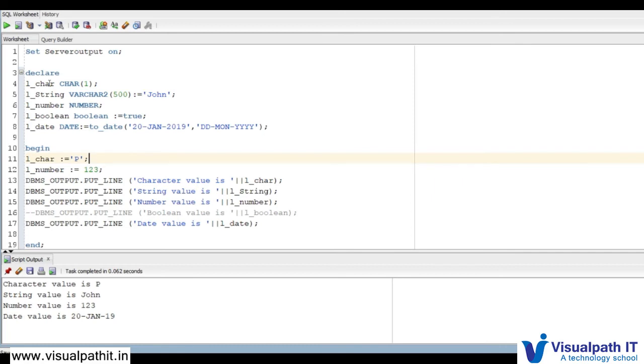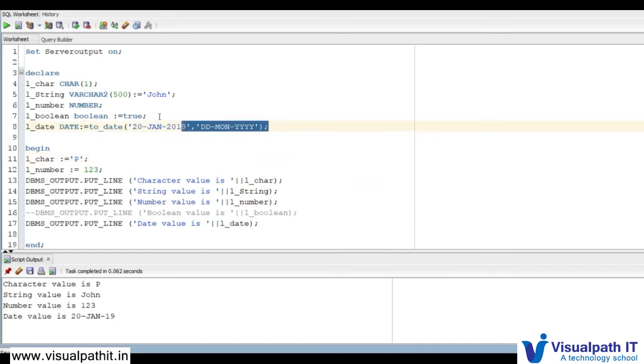Assigning of any variable can be done in the execution section as well. It is not limited to only the declarative section. In this fashion you can create and assign values to the PL SQL types which are scalar types.